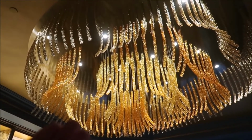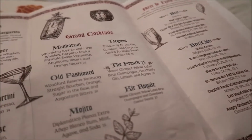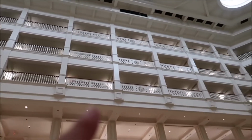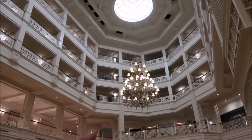If you're wondering if there's a quick service location, yes, but not in this main part of the building, so we'll take a look at that very shortly. On the upper floors of the building is the concierge club level lounge called Royal Palm Club, and the club level rooms. This gives you access to complimentary food and drinks throughout the day, and a concierge cast member too